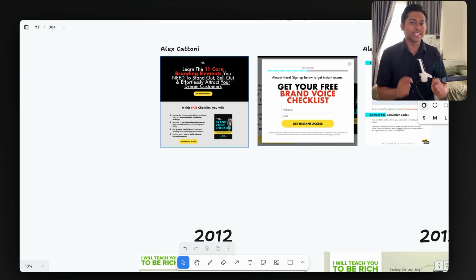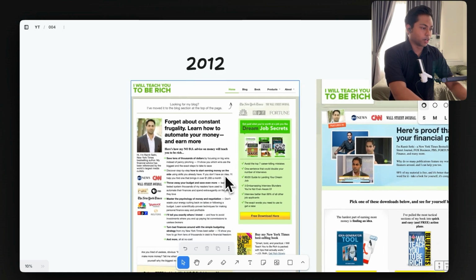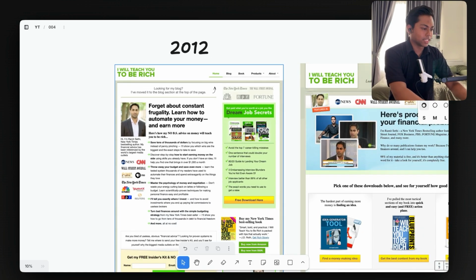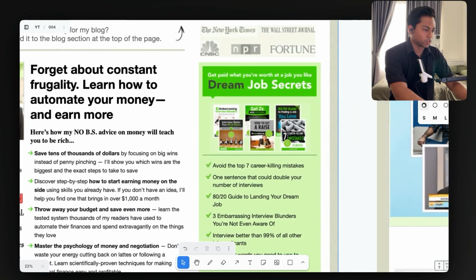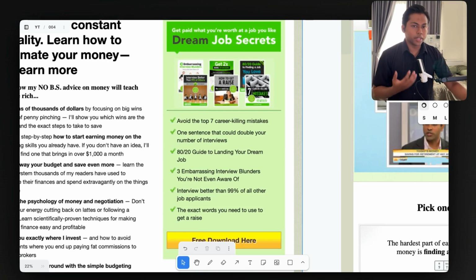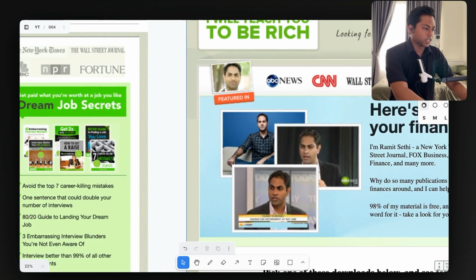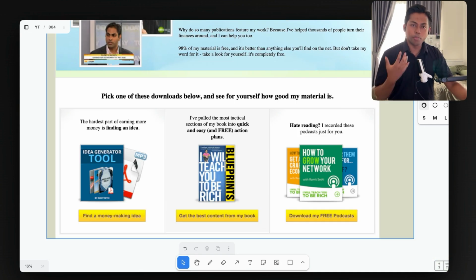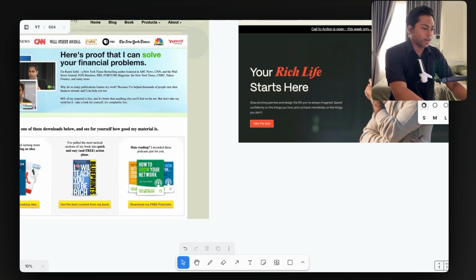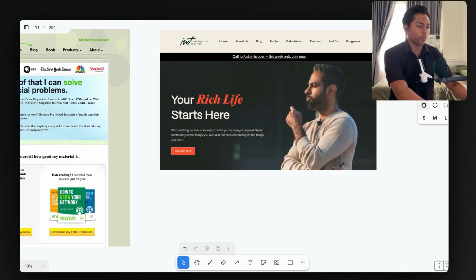Don't believe me? Let's dissect these. Let's look at an example by Ramit Sethi on his website. If we look at his blog from 2012, we can actually see the lead magnet that he was offering back then and now completely differs in 2 different directions. If we take a closer look, in 2012 he was giving away all these free PDFs and ebooks and guides, and then in 2013 he was also giving away a book. Notice how all of these were long-form lead magnets, and in 2025 he changed all that to a single quiz with just 6 questions. Long-form lead magnets are no longer as effective as they once were back in the day,